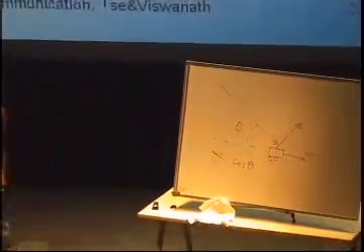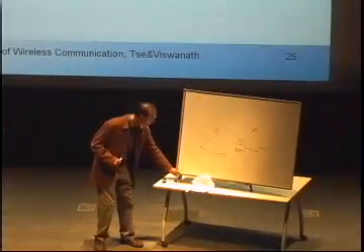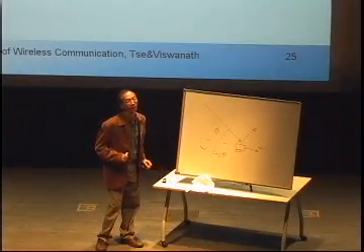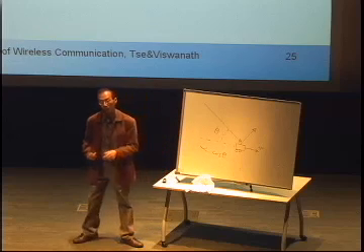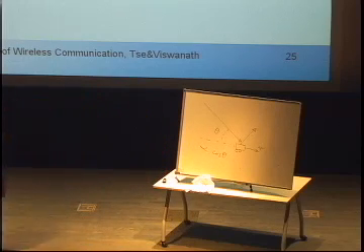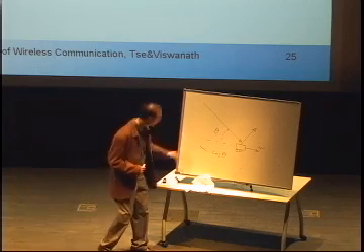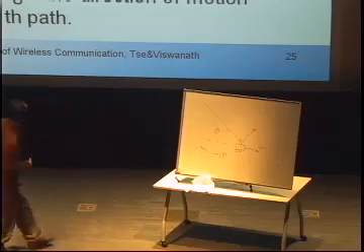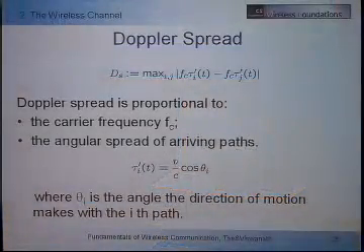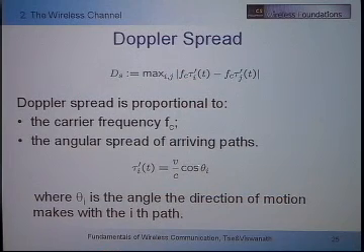So therefore, not only is the Doppler spread a function of the speed of the vehicle, which is natural, the faster you move, the higher the Doppler spread, but individually, the Doppler shift is also a function of the cosine of the angle. So it's v f_c times cosine theta_i. And therefore, the spread is a function of how much spread you have in the angles of the paths. If you have paths that are bunched up together,